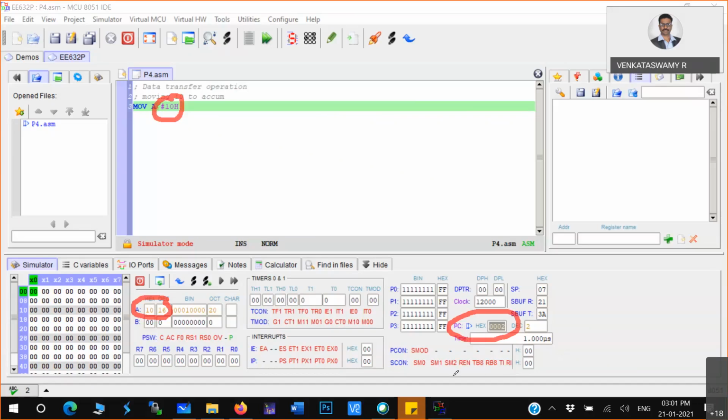Any questions at this particular point, please do ask. Now I tried to execute some assembly programs here, and how to run and validate and check, all those things we have done.